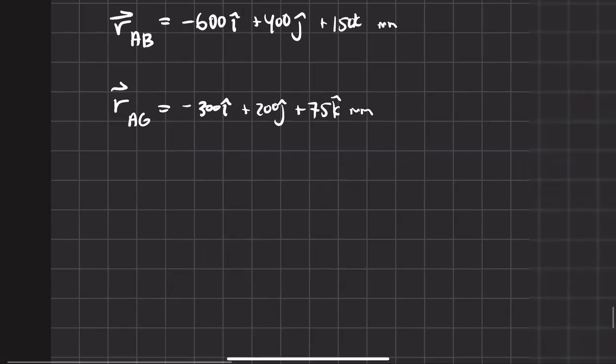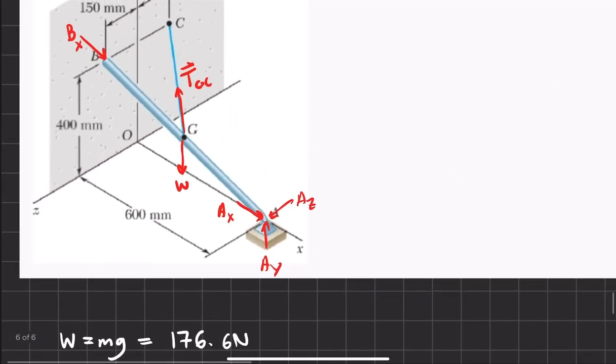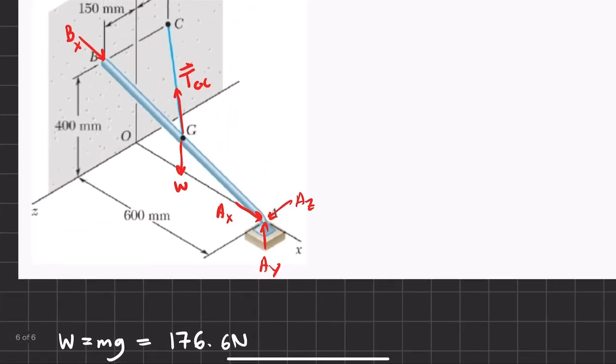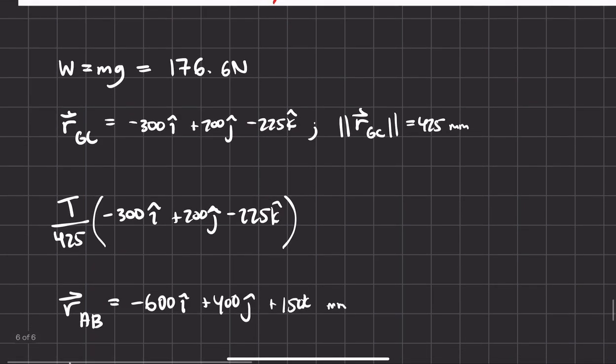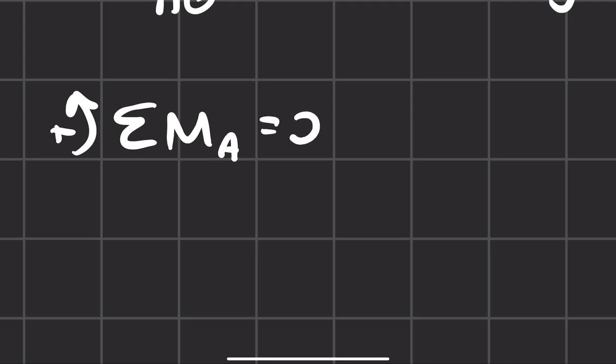Now we can take the moment about A, crossing all our forces. So when we take the moment about A, we'll do it to the weight, to the tension. So we're going to use that position vector twice, and then to B. And using all that information right there, we'll take the moment about A and set it equal to 0,